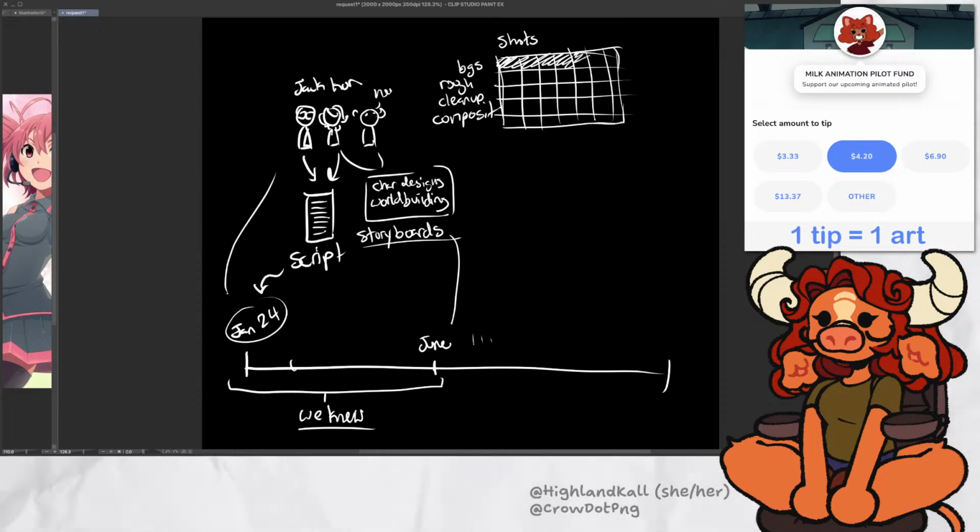Of the 150-ish shots, I have about 100 ready, more or less. And then for the roughs, I would say we're about halfway. That's what Core said anyway, but honestly, that could be me misremembering. I don't want to put words into his mouth. Cleanup, even less, just because we have to get the rough before we can do the cleanup. And then compositing, I would say we're about as far along with compositing as we are with the finished, cleaned up shots. So whatever this portion is right here,